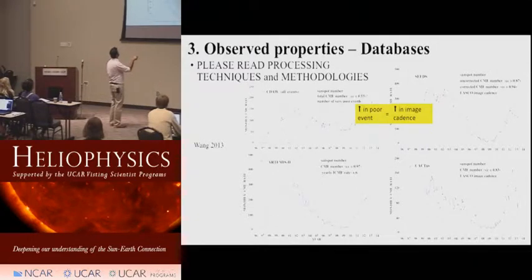If you look at the total number of CMEs over the solar cycle, which is this blue-black line, and I've covered it up a bit, it goes really high during that period. But what you're also noticing is that you're getting an increase in the number of poor events,